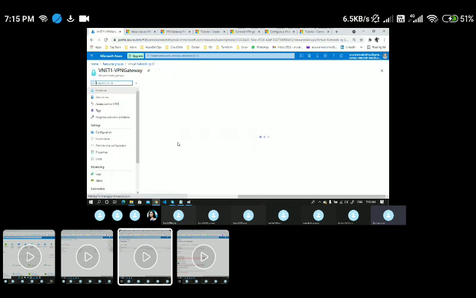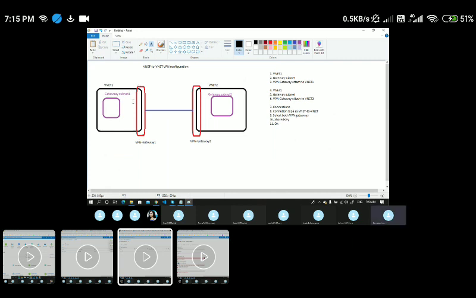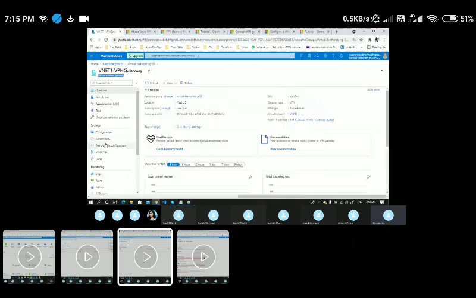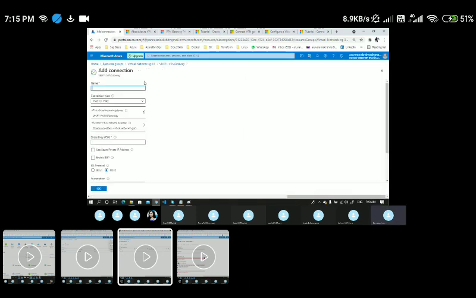I can directly go back to VPN gateway 1, under my settings I have an option called connections. I can click on add a connection and give some name, VNet 1 to VNet 2, and choose the connection type as VNet to VNet.